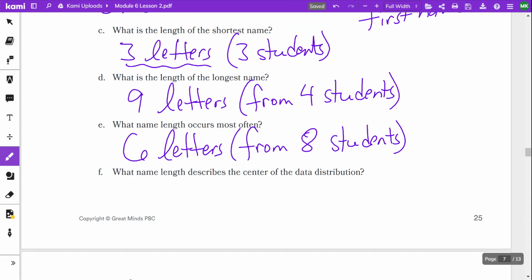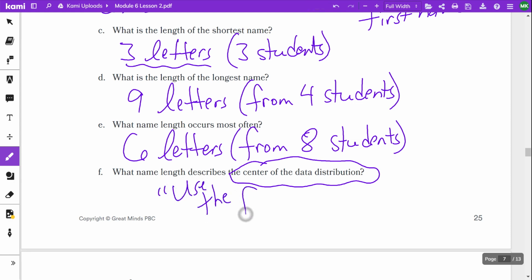Finally, what name length describes the center of the data distribution? Okay, so this is the bulk of the lesson, this center of data distribution. Okay, and how I like to teach this is I say use the force. Because this is kind of technical and not technical all at the same time. What we're looking for here is if you were asked the question, in your own opinion, looking at the data distribution,